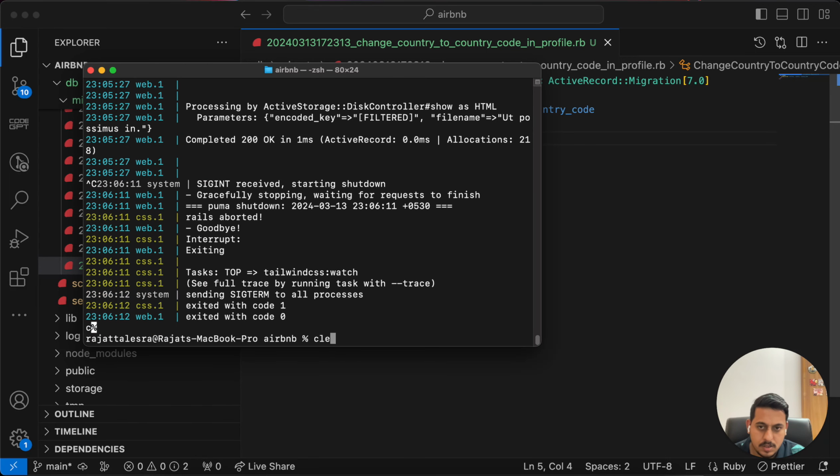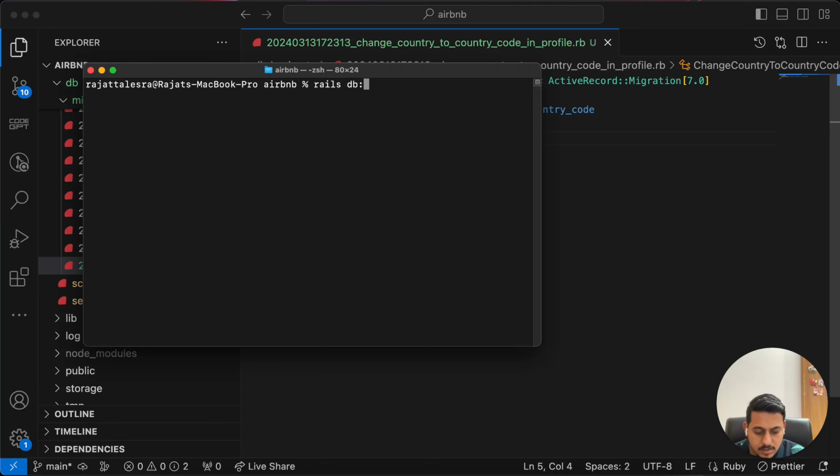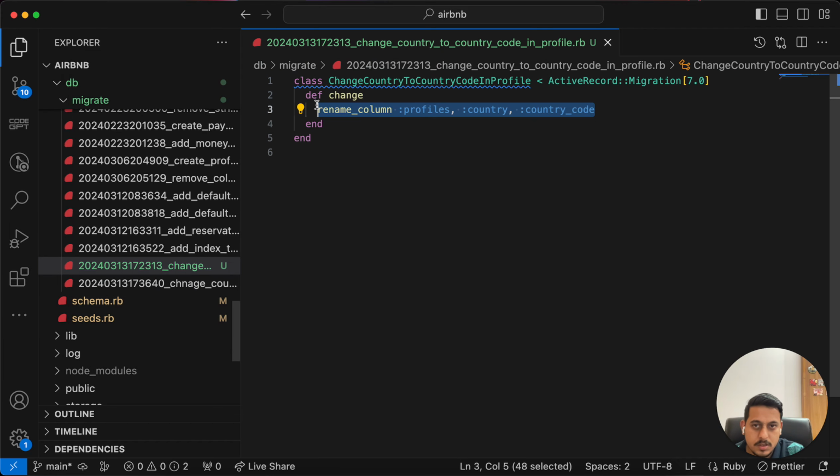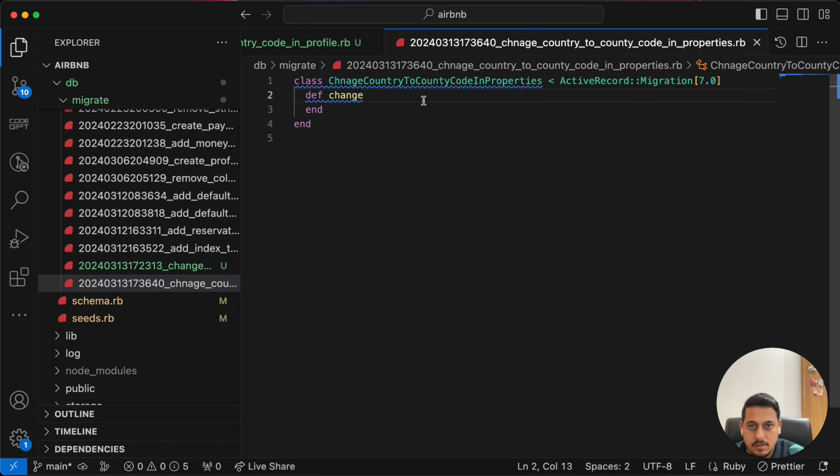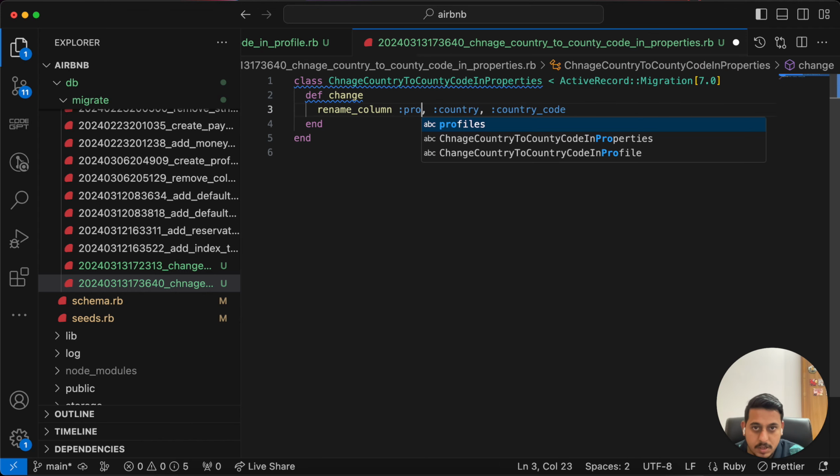So what I'll do is stop the server, clear Rails, generate. You can do this on your own, by the way. Generate migration, change country to country code in properties. Let's generate this migration, copy this, go to this migration, add this, use properties,